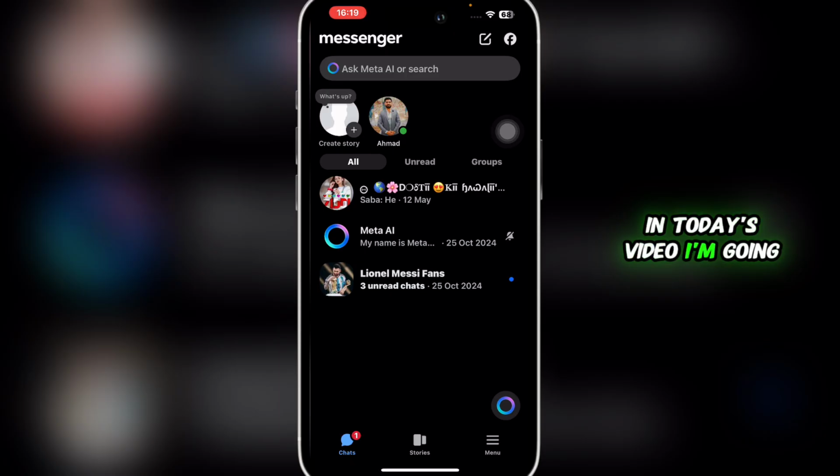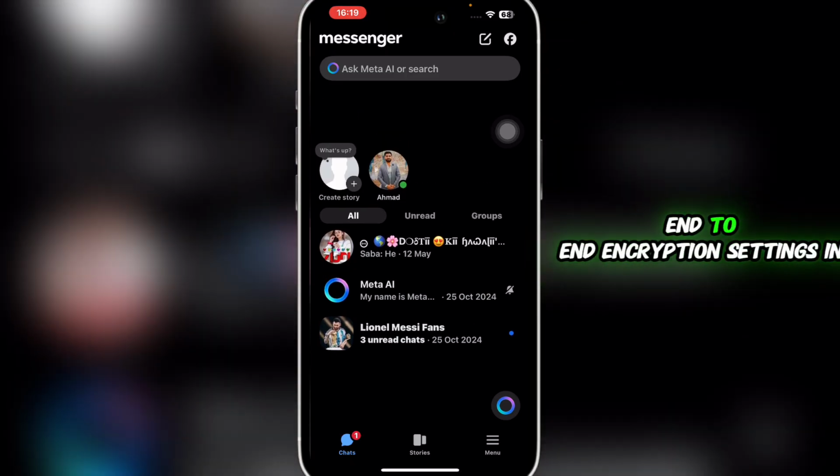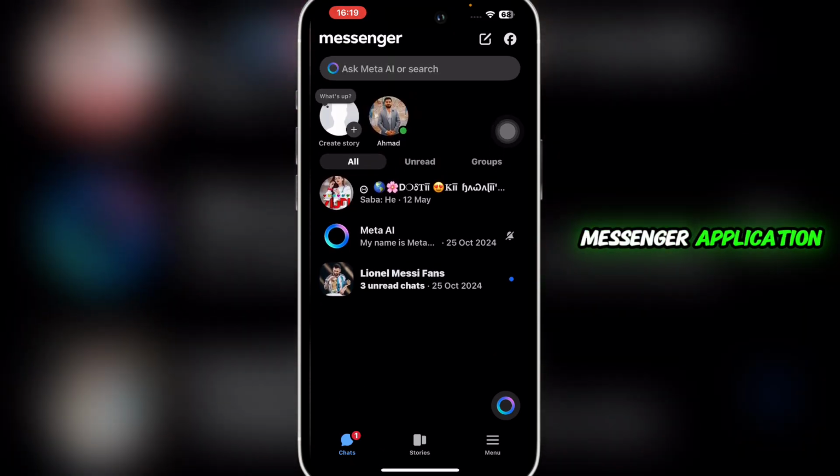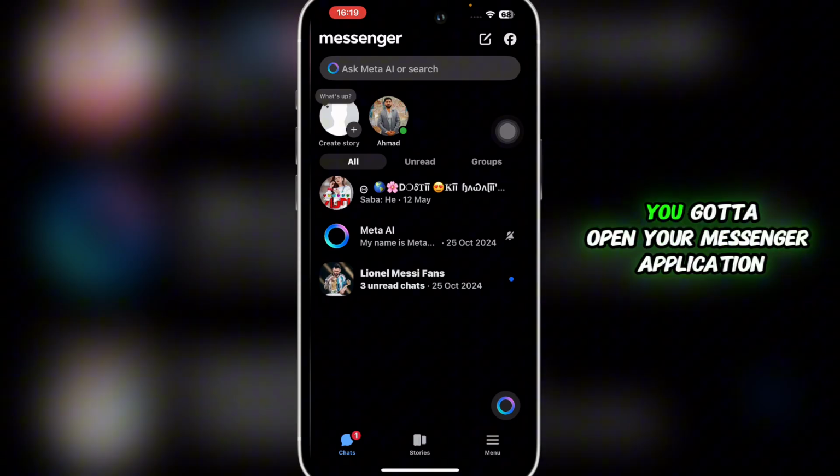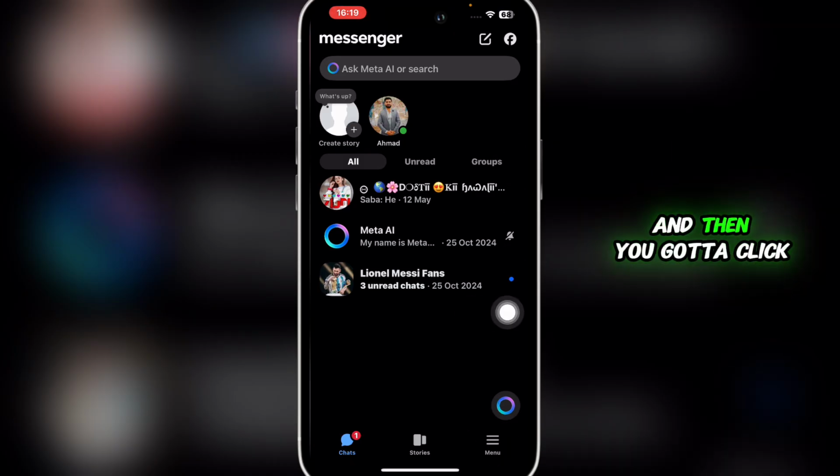In today's video, I'm going to show you how you can manage end-to-end encryption settings in the Messenger application on your iOS or Android device, allowing you to adjust your privacy preferences. So let's get started. First of all, you've got to open your Messenger application and then click on the menu